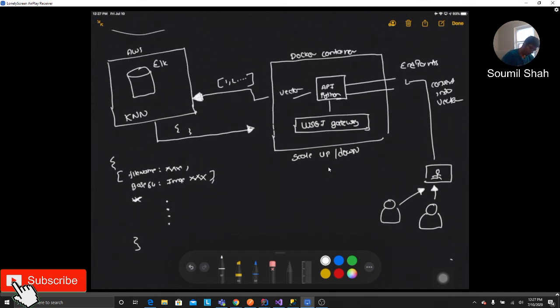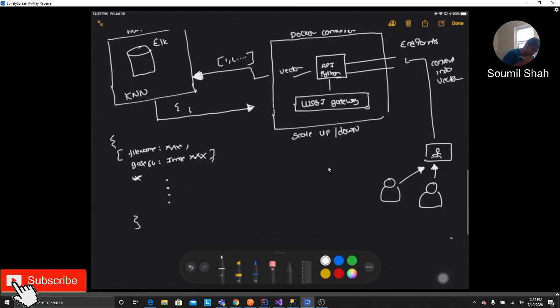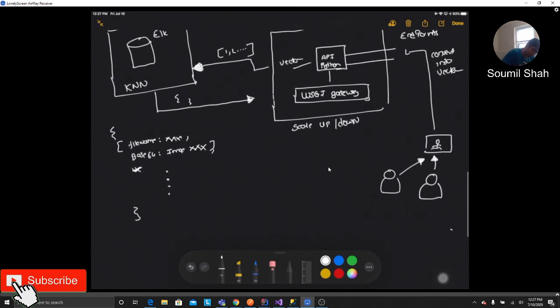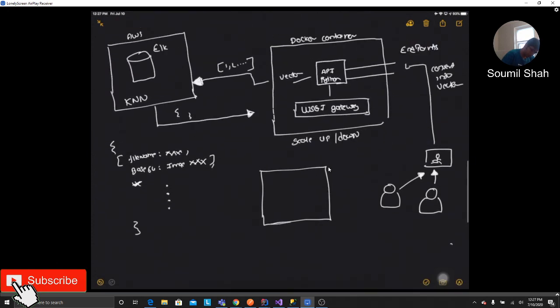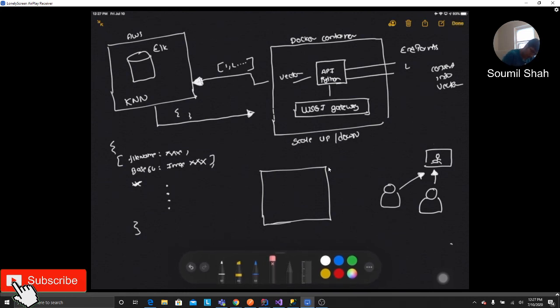Now what you can do is, you have your front end. So you would separate your backend and front end. Whenever a user uploads an image, the front end has to query the back end, the Python API.